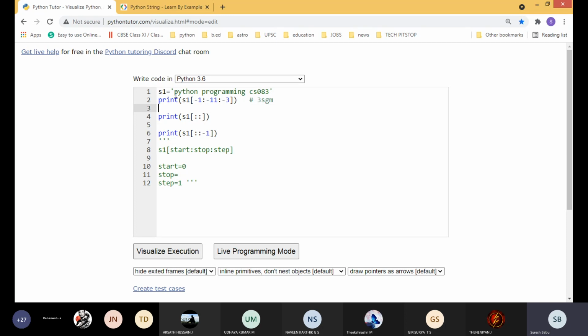Okay, there is no value beyond 0, but you can easily understand that if -1 is specified as the step, the default values also change. The default value for start becomes the end value, and stop changes to the first character, that is 0. Students understood? Depending upon the step value, the default values change. Okay, if it is -1, these are the default values.